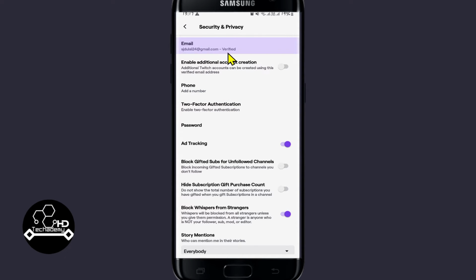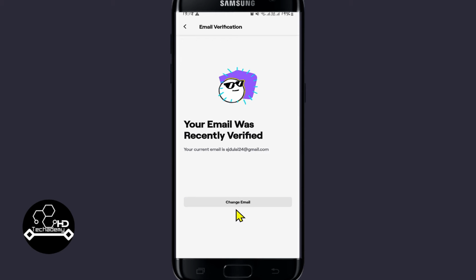If you have not verified your email, alongside your email address you will see unverified. When you tap on this, you will see the verify email button. Go ahead and tap on it and you will be asked to enter the verification code that has been sent